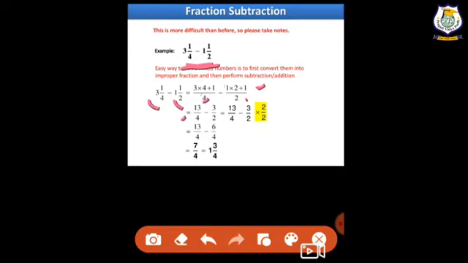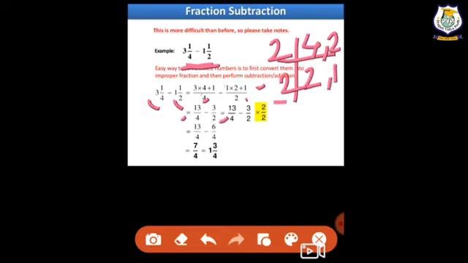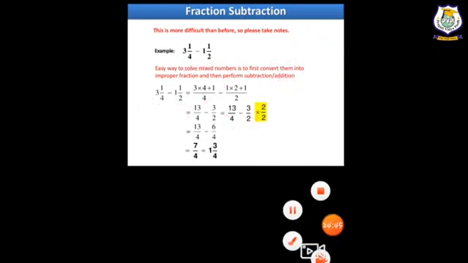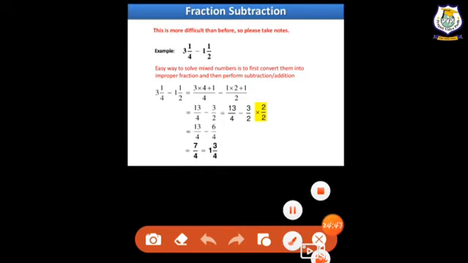Now we will have to take the LCM of 4 and 2. So 2 in 2 table, 4 is 2 times and 2 is 1 time. Now 2 multiplied by 2 is 4. It means LCM is 4. It means you will have to make the denominator 4. First one is already 4, so no need to make, and the second one 3 by 2 is given, so we will have to make that denominator 4. So we will multiply it by 2 by 2, right? 3 multiplied by 2 is 6 and 2 multiplied by 2 is 4. It's 6 by 4.